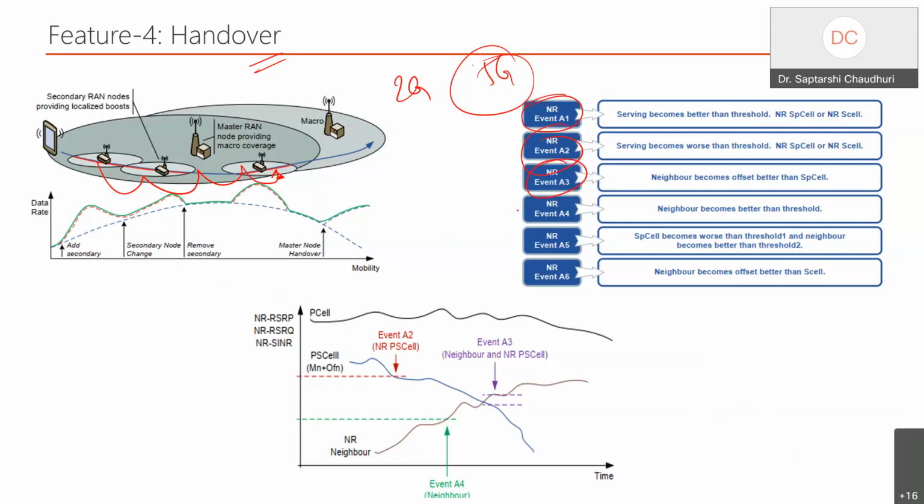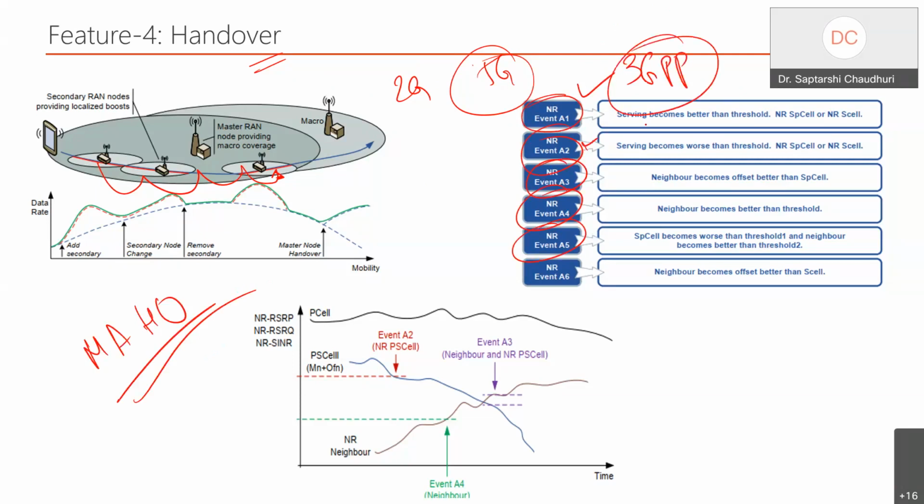But what 5G did is that they are able to use what we call an events-based approach. This is the simplistic approach, what we call mobile assisted handover, MAHO. MAHO means that I will tell the mobile, please send me these events, A1 event, A2 event. And the standard defines this event definition. Means the standard tells that if event A1 comes, if the serving base station is based on the threshold.